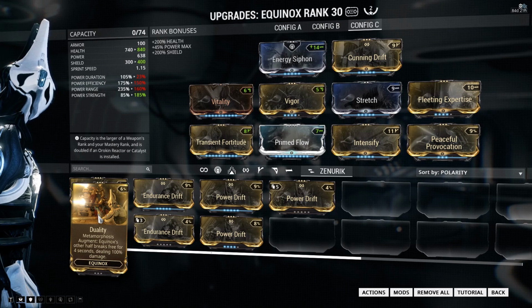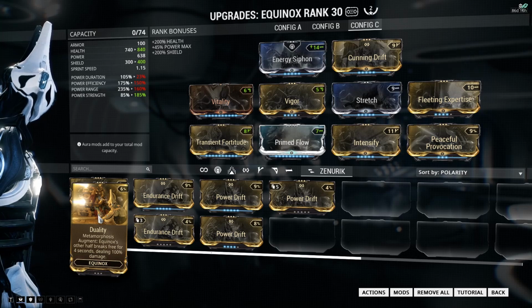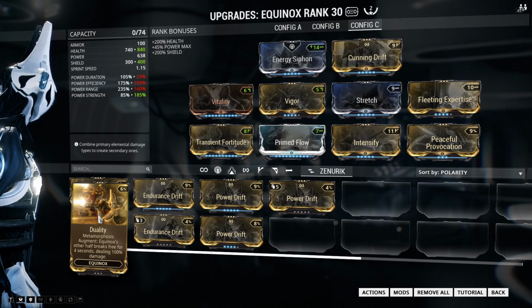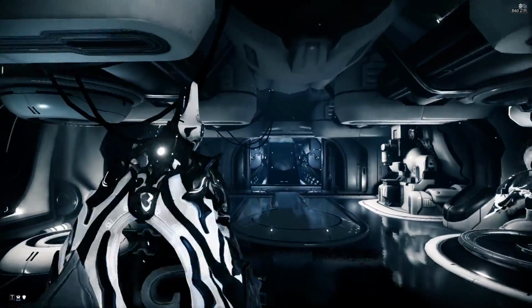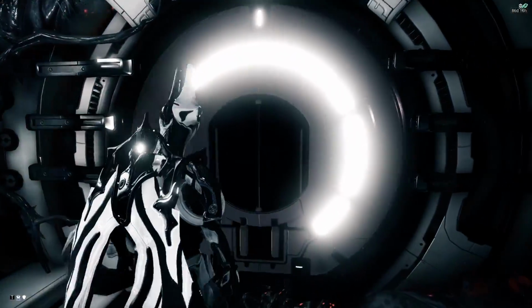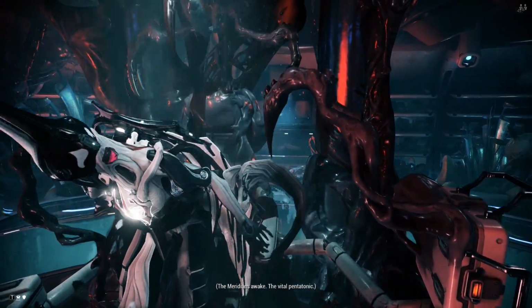And then we have Duality. Metamorphosis augment: Equinox's other half breaks free for 4 seconds, dealing 100% damage. So you basically let out a decoy. This one isn't too great, but it's still there. So, that's Equinox. Equinox is a pretty awesome frame. I definitely like Equinox. Not a lot of people do like Equinox, but she's pretty good. I'm just gonna go ahead and take the sit off her neck, and yeah, that'll be the